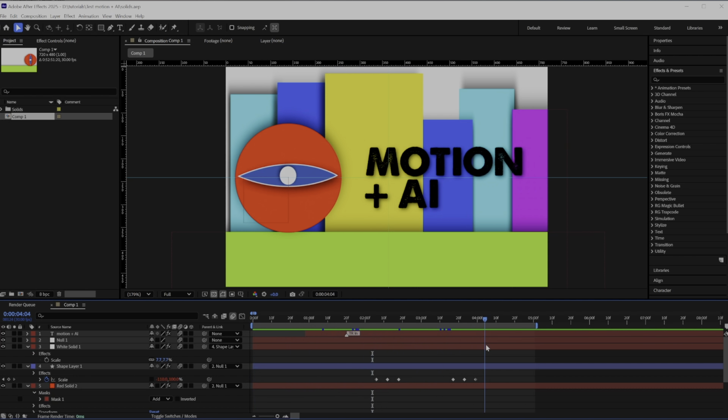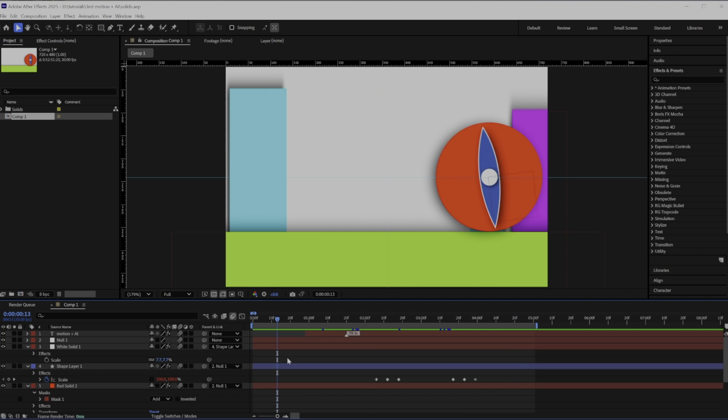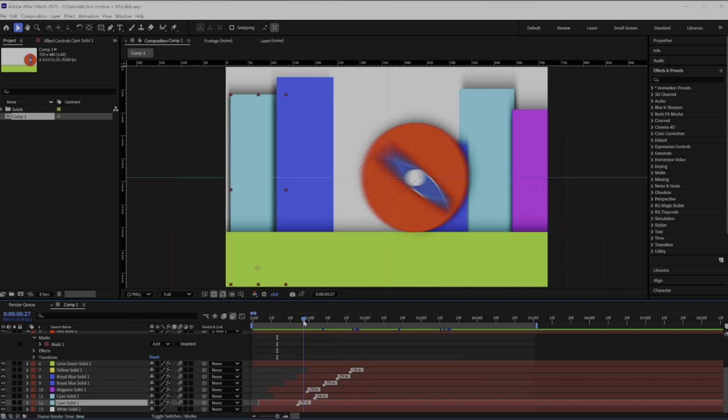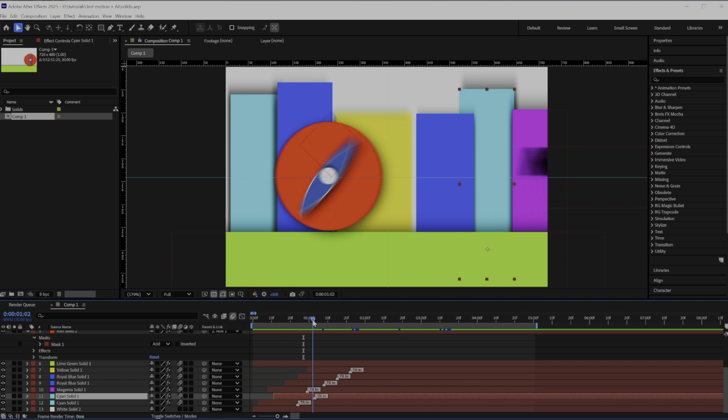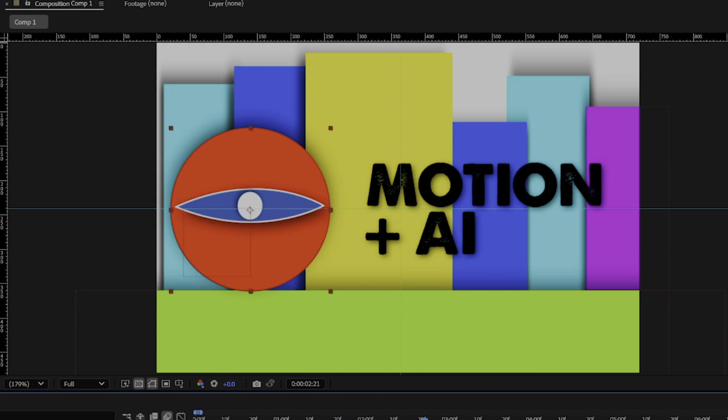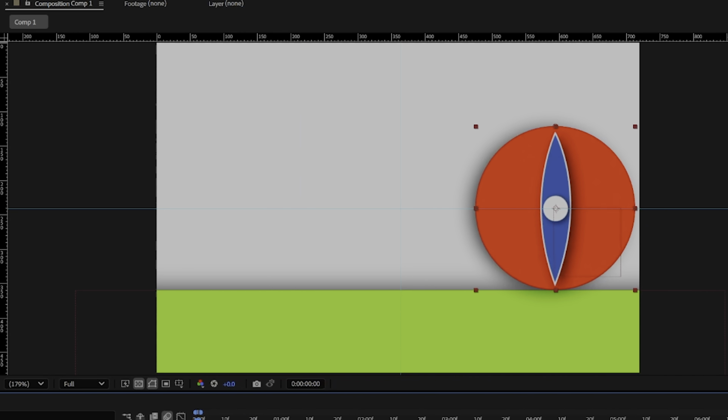To start, I built a basic animation in After Effects. Some blocks, circles, a bit of text, and some motion. Later on, you'll see why this base setup matters. To have better control, I added a drop shadow to each element, helping create more contrast between them. Just like last time, we kept the animation short, around 5 seconds, and added smoother animation curves to make the